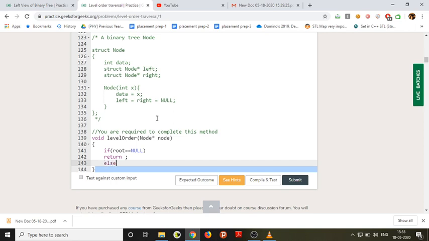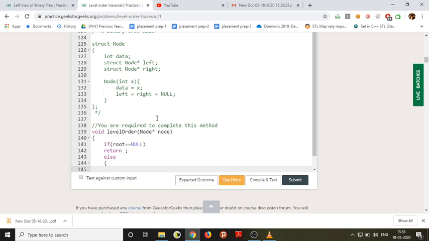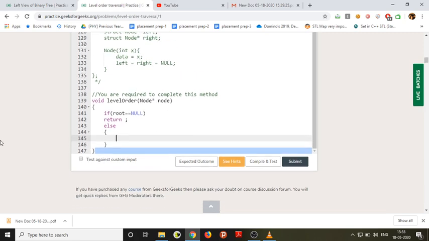Now if we have a root, the first step in level order traversal, or breadth first search, I'll better add the comments. If it is level order traversal, we should use a queue.